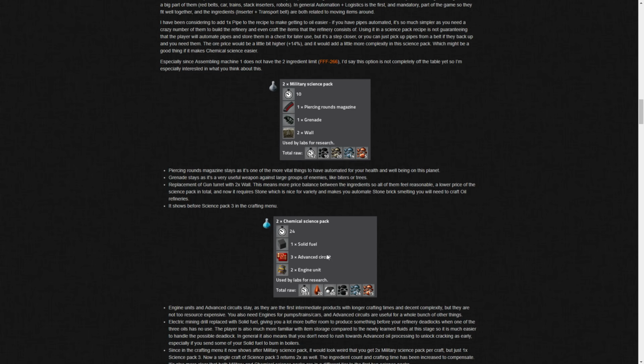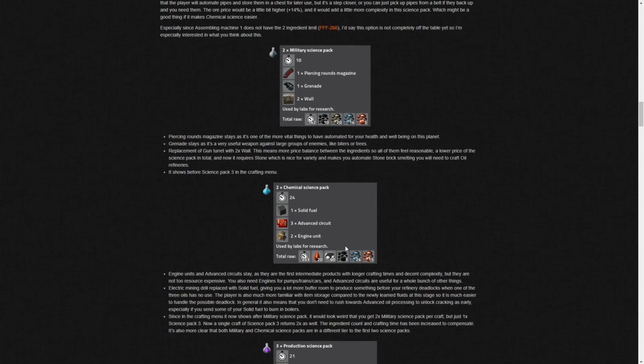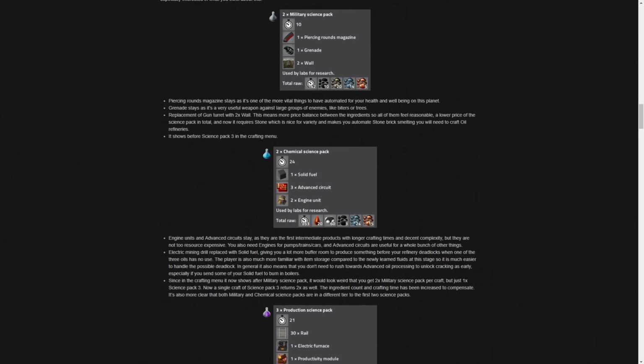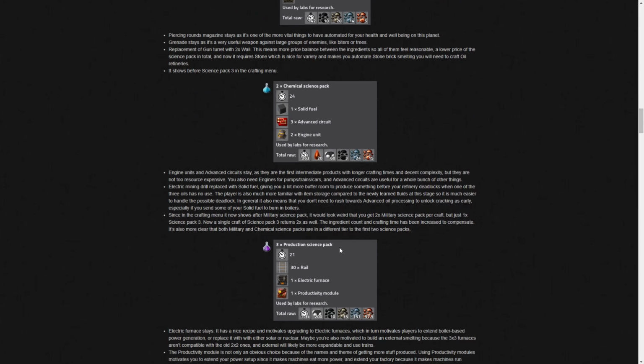Yeah, and that's another thing they're putting here, military, and we'll actually get to it in a bit. Military and chemical science output 2 per cycle, production and utility output 3 per cycle. Right. So this is going to consume a little bit more. It's going to consume 50% more advanced circuits, because it used to be one advanced circuit every 12 seconds, but now it's 3 every 24. Yeah, so a bit more advanced circuits and then